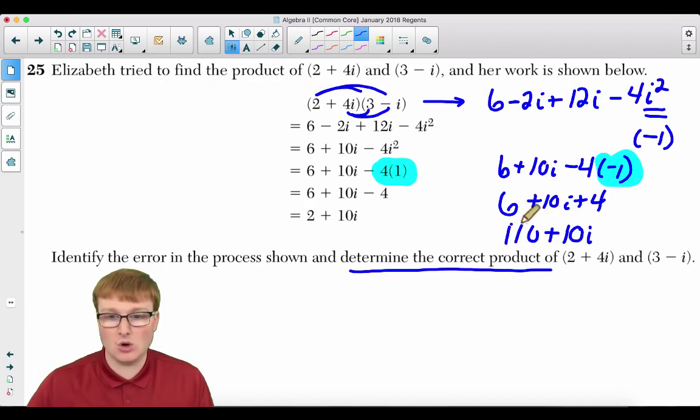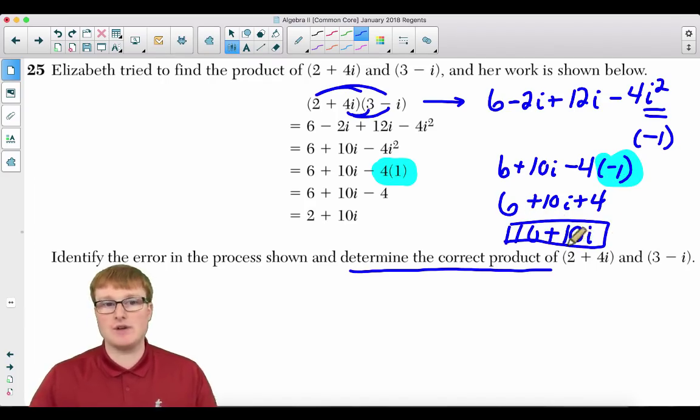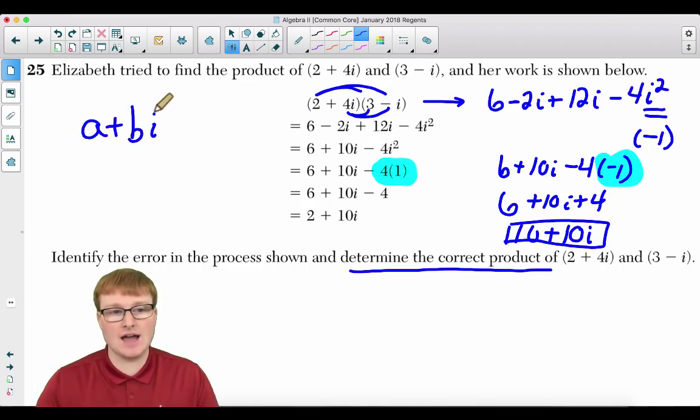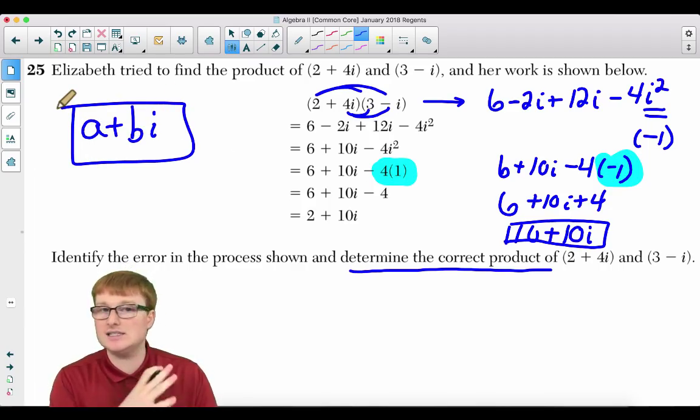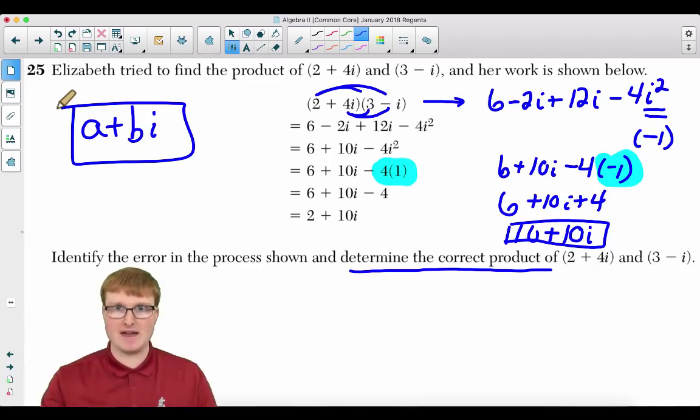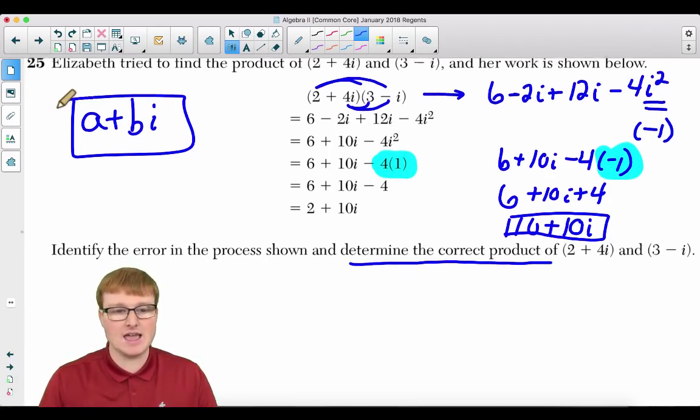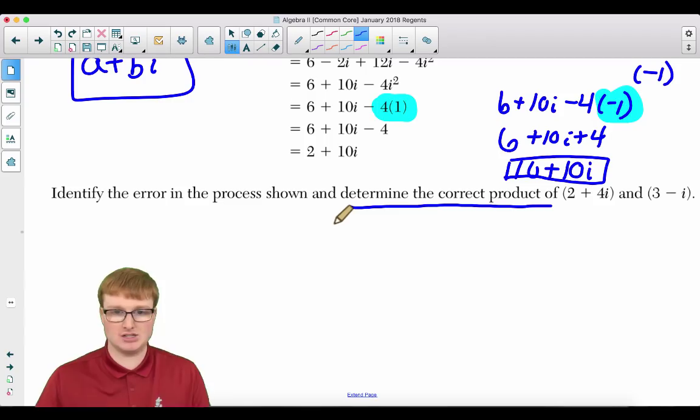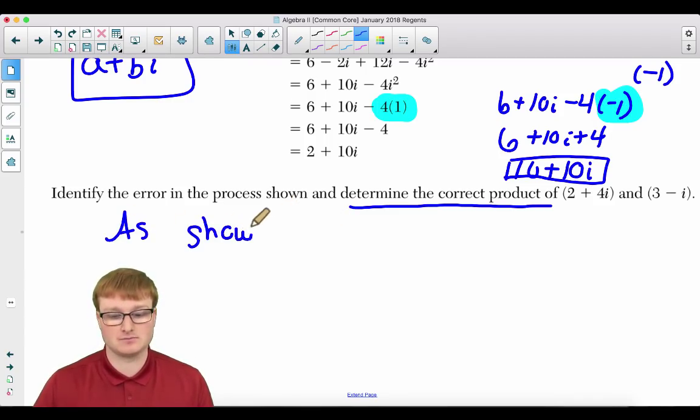Folks, all of your answers when you're dealing with powers of i should be in a plus bi form. It's just a general standard notation of mathematical writing. So make sure that it's in a plus bi form. So identify the error in the process shown and determine the correct product. So you're going to say, as shown,